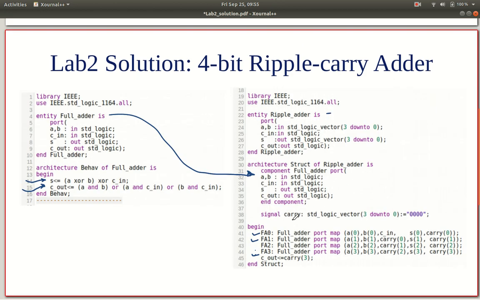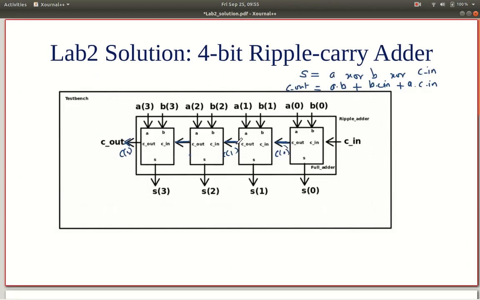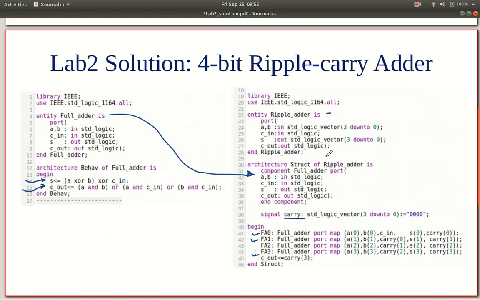So we declare a signal called carry, again of standard logic vector 3 down to 0. We don't actually need a signal of size 4. A signal of size 3 would have also been enough, because effectively we need just 3, but it's okay. In this example we have used a vector of size 4.